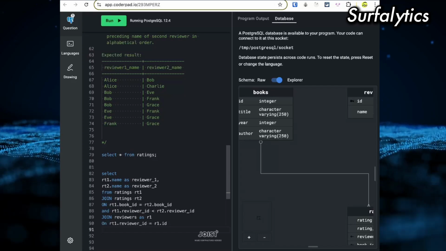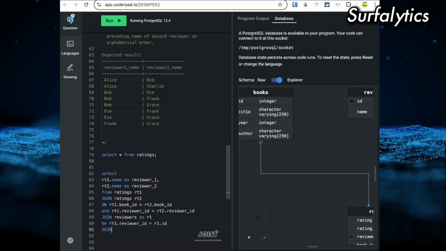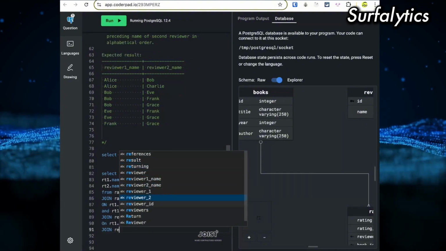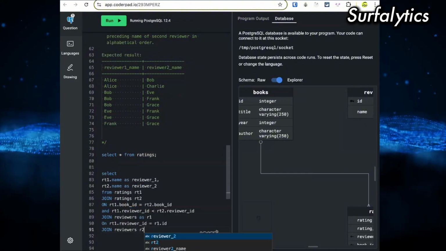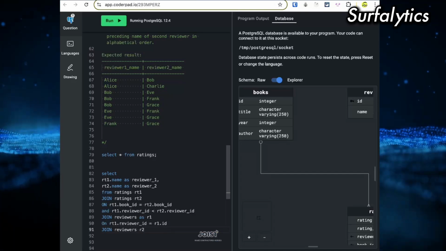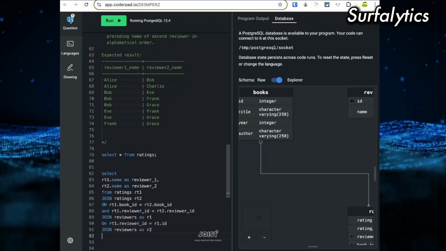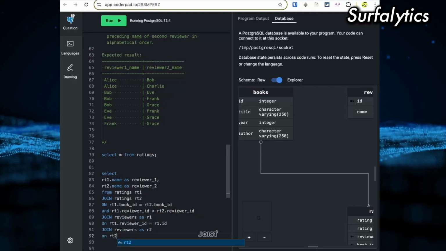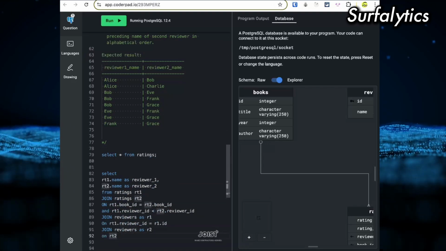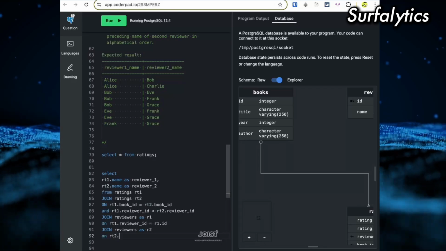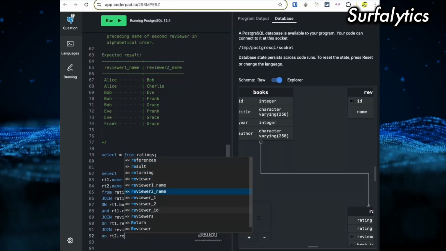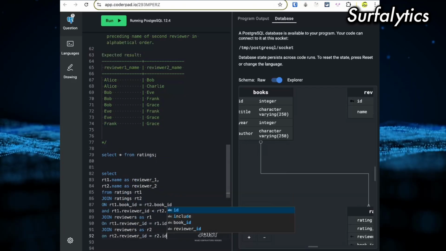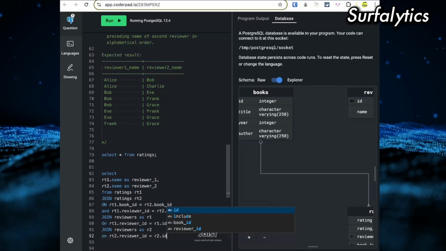So if I add here, I will have the first one, and I also need to do the same join with the second one, reviewers table R2 as R2, and also I do the same on RT2 reviewer ID, and do the same, reviewer ID equals R2.id.